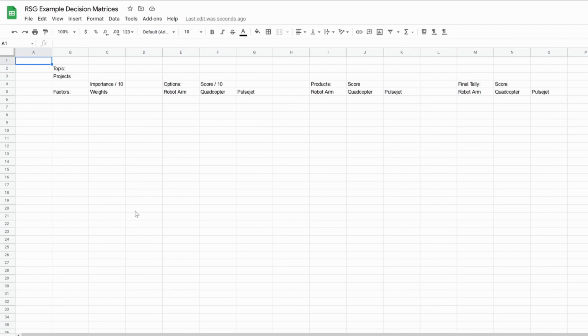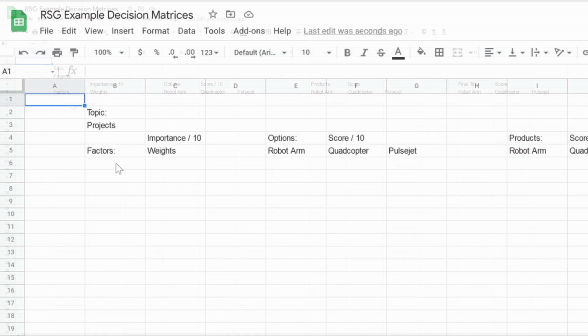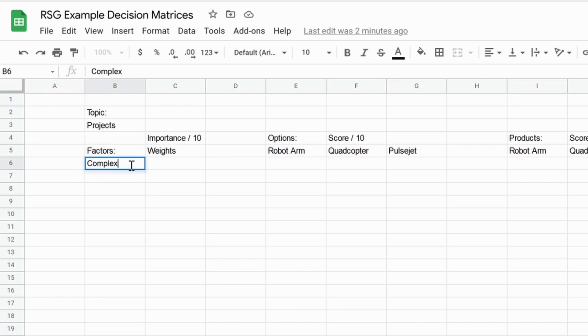All right, so now let's do an example with a bit more of an engineering angle to it. So this one I'll be deciding between several projects to attempt. And we've got the same setup as the previous spreadsheet. I'm going to be choosing between one of these three projects to work on next. So for factors to consider when starting a project, we'll say complexity, difficulty, costs in both time and money, feasibility,